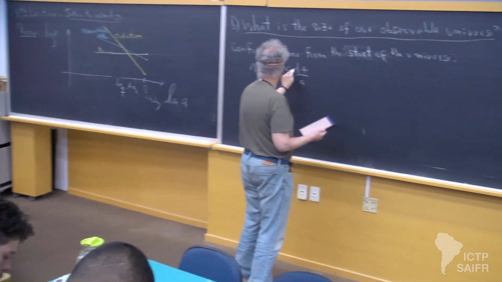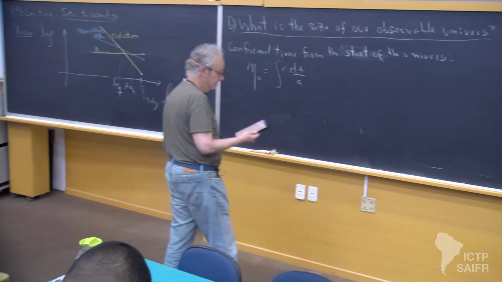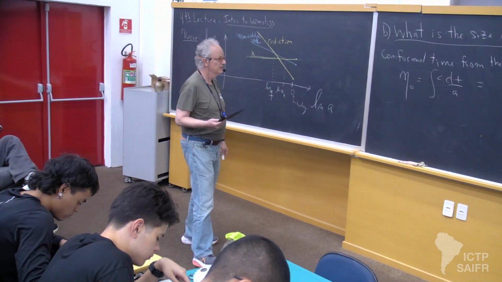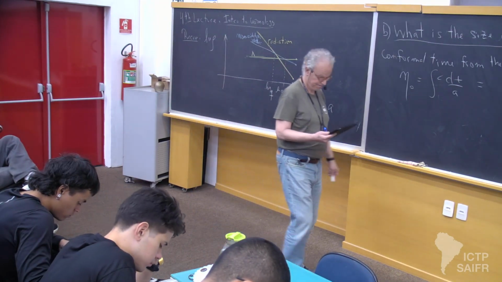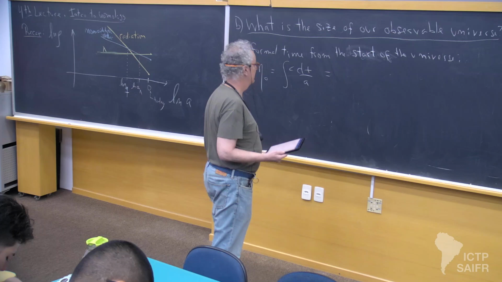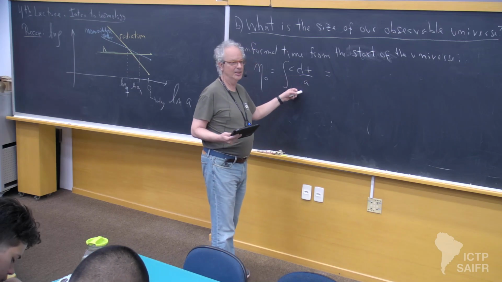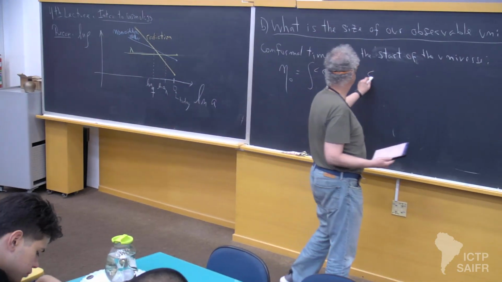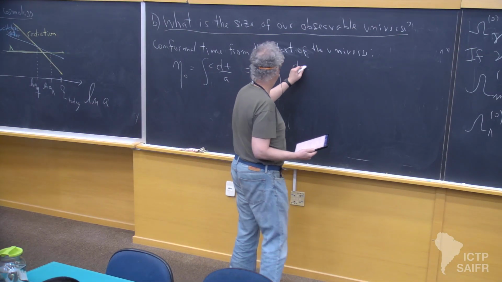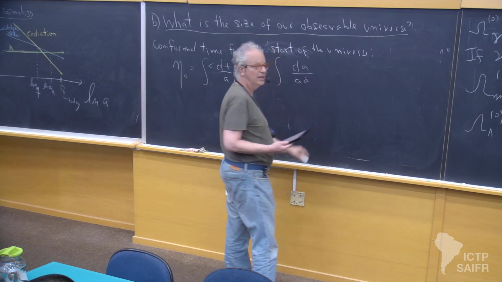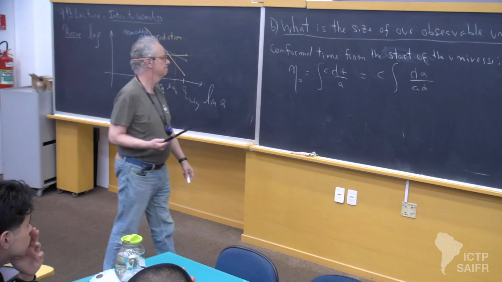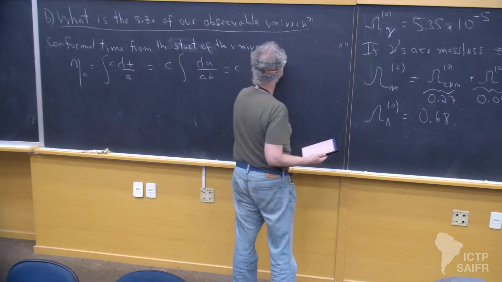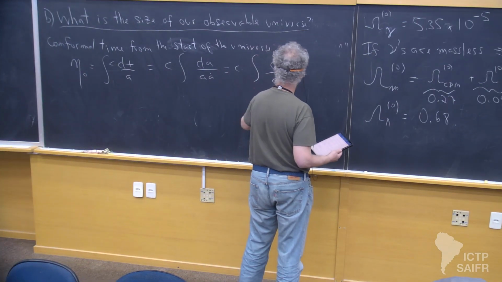And I will introduce c here, because I put c equals 1 in the lectures, but I want to have a distance, so I put c. And guess what? Again, this is an integral in time. I don't want to do an integral in time. I want to do an integral in scale factor. So the same thing again. This is dA over a dot, which means this is dA over a squared H,